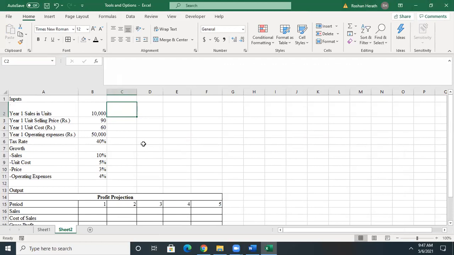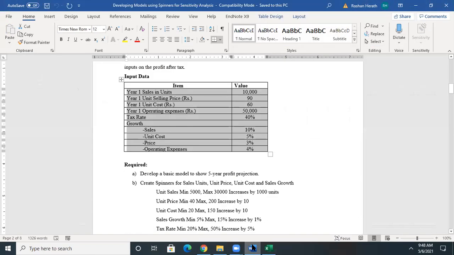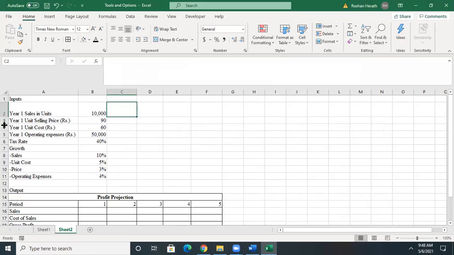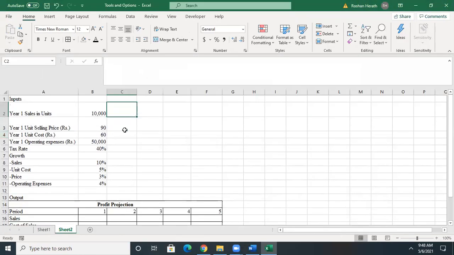So you need to add a button, and for unit price you need to add a button over here,